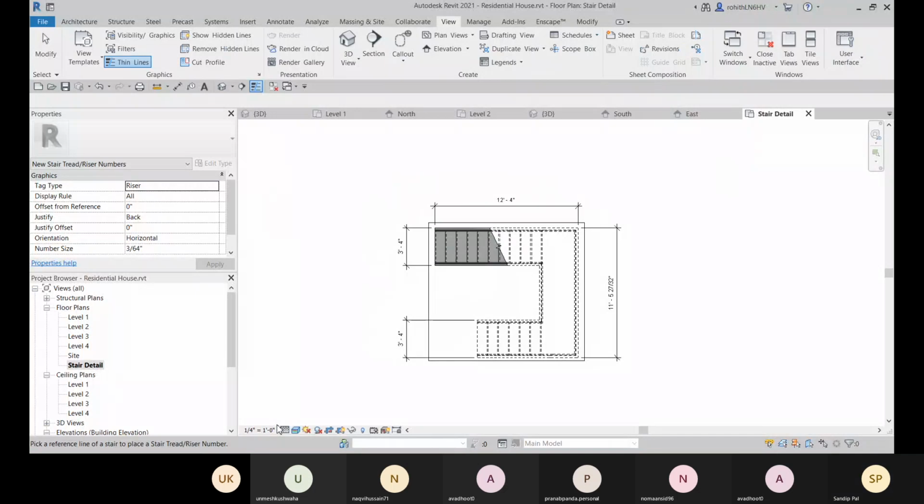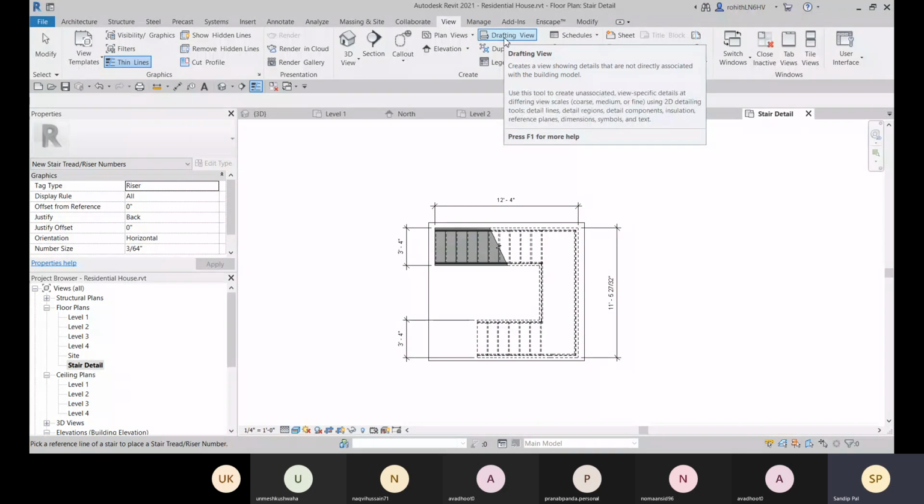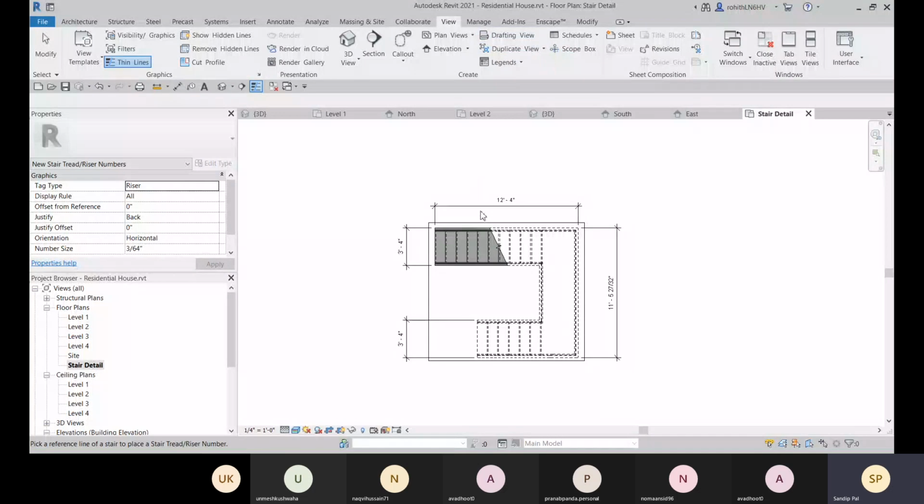All right, and we have this drafting view option. When we create this drafting view, this drafting view will be the opening view.